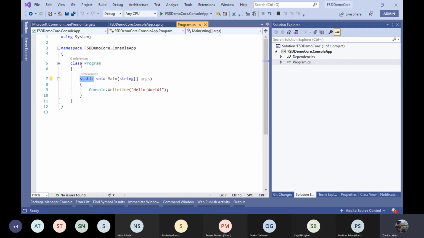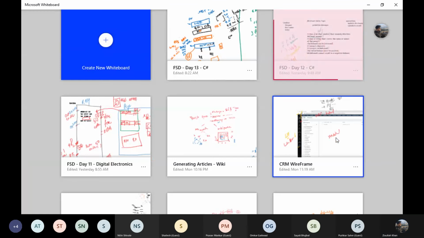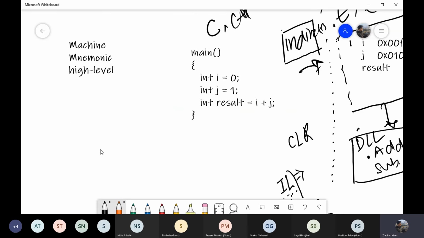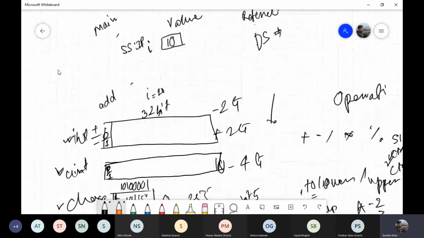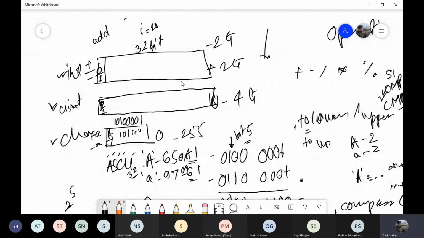What it means is a class is a template. So if I go back to our whiteboard diagram from yesterday, the data type discussion that we did is data types are going to have two things. One is what they look like in memory and what operations they support. When we lay out this structure, all we are saying is that this is what it is going to look like. But when you want to use it, you will have to declare an object of this thing. So what an object does is